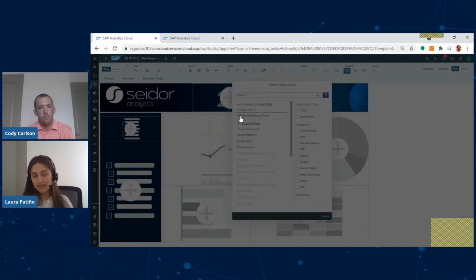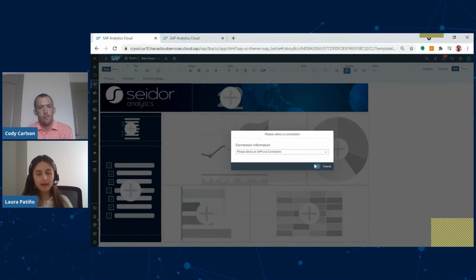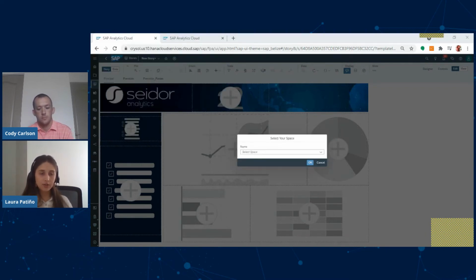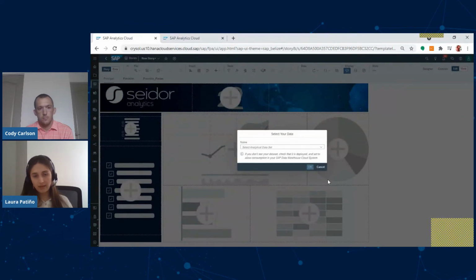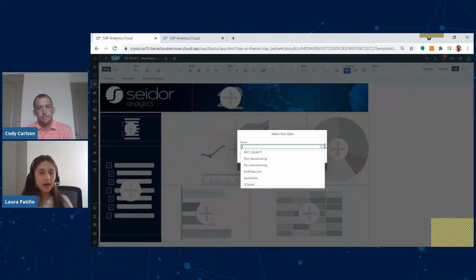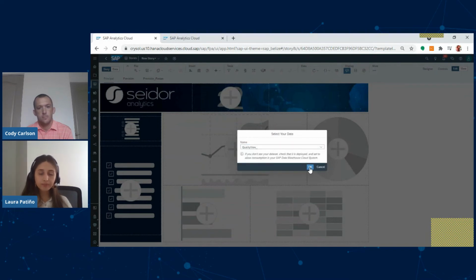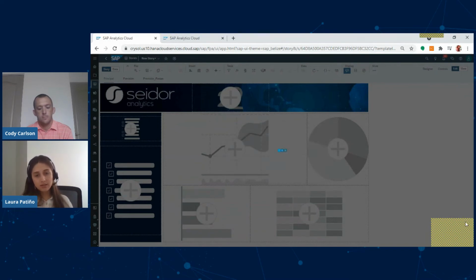This is SAP Analytics Cloud, as I told you, is embedded, and you can find different data sources over there as well. But in this case, I just connected to the Data Warehouse Cloud pipeline we just created. And here I select the view I created, quality view. I just say OK.